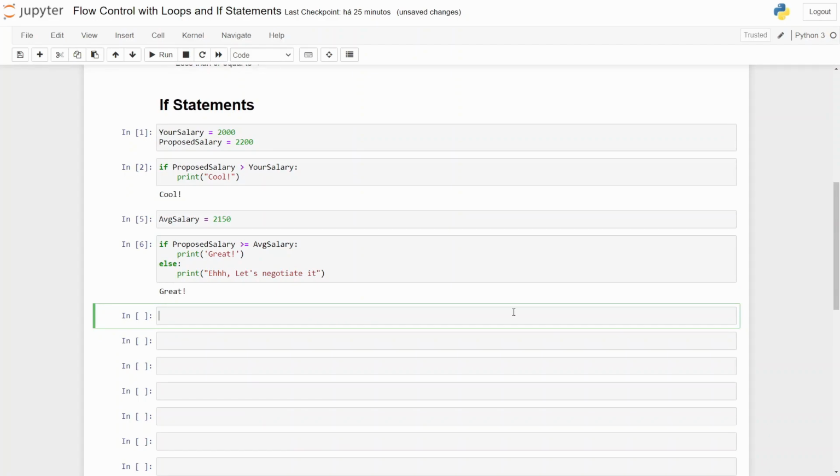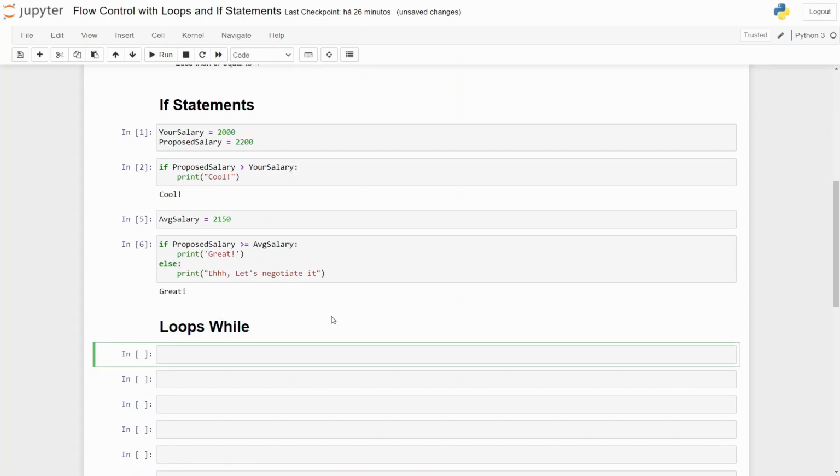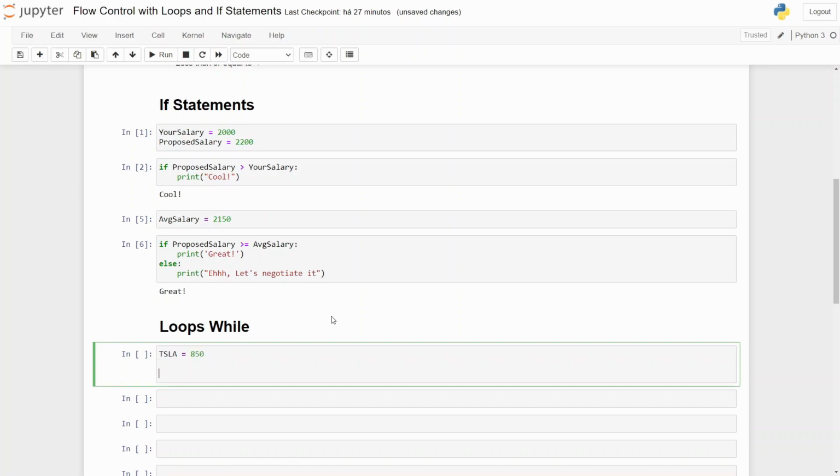Now we can go to the while loop. It is another way of controlling the flow. The while loop executes repeatedly an action as long as a condition remains true. So while a condition is true, it will keep doing the same stuff. So imagine that the Tesla stock is at 850 and you want to hold that stock until it reaches 875. To do that, you can write while